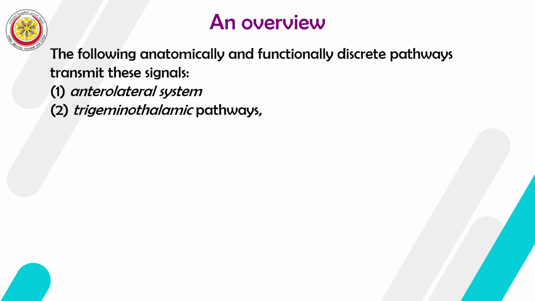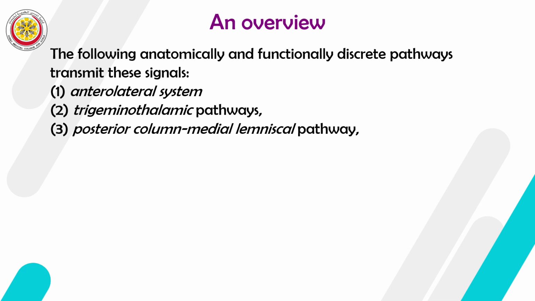Do we have something called trigeminal lemniscus? Yes. Then they cross. They cross the system. These are the trigeminothalamic pathways or tracts. Then we have the posterior medial lemniscal pathways or tracts. When you say posterior medial lemniscal, it's a pathway, because we have the posterior column tract and then the medial lemniscal tract. You know about it, so it's a pathway. So we have the posterior column medial lemniscal pathways, and tell me the story quickly, because it's a revision.